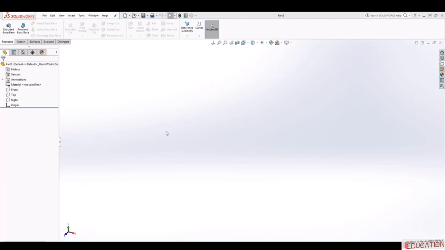Hello, welcome back. So before we move forward in this lecture, I just want to give you a couple of tips that will help you tremendously as you go through this lecture. Both tips are up here in this search bar. The first one is the SolidWorks help, and the second one is the command. So let's say we are covering a particular subject in SolidWorks that you need additional clarification on. For example, we are covering the extrude and you need more explanation on the extrude. So what you can do is type the extrude